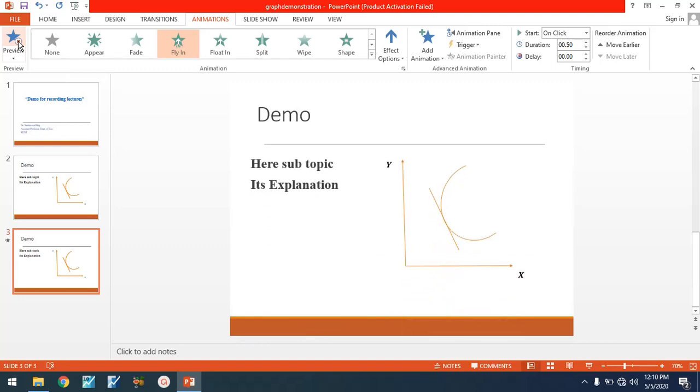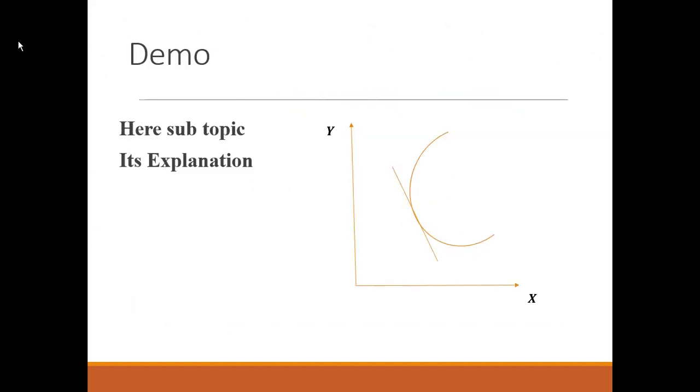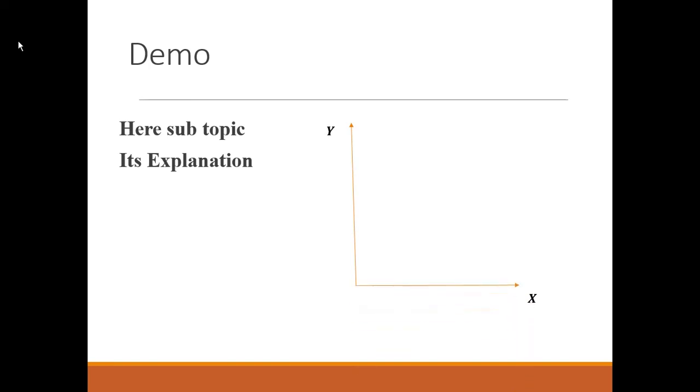Now if you go to preview, you see it's coming in a sequence. Now if I press F5, this is the first slide. When I click, I go to the second slide. When I click, I move on to the third slide, but nothing is shown unless I click. The first click brings the first animation, the second click the second one, similarly the third, and you can talk. After you finish explaining the y-axis, you click and then you can talk about the x-axis. Similarly, you can explain the linear curve.